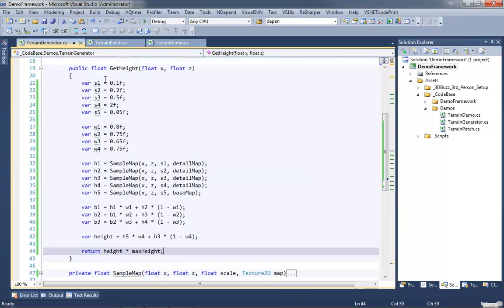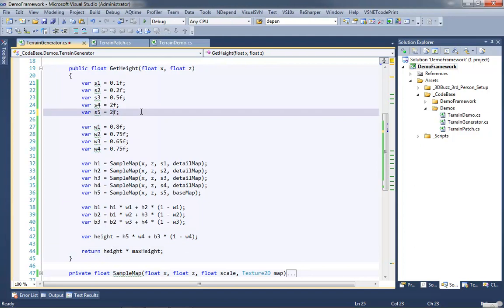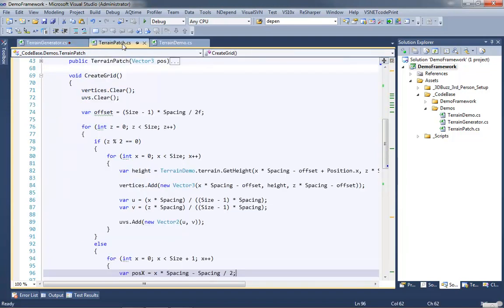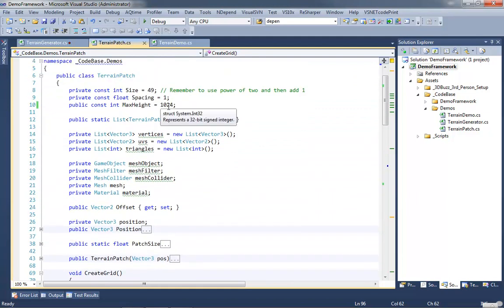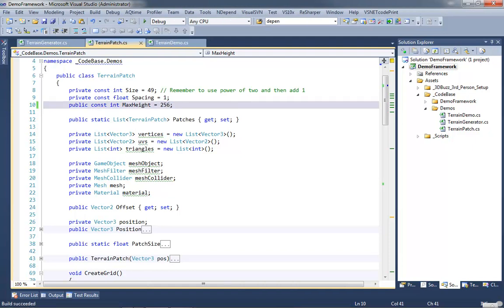But if we go back into our terrain generator, right now we're using 0.05 here for our scale. Let's move that up to, say, about 2.65 for now. And let's go to our terrain patch. I'm going to bring down our max height a bit. So let's try 256. If we build this and we run it,